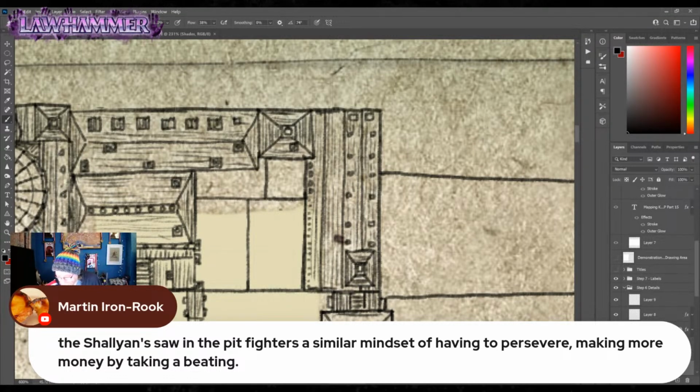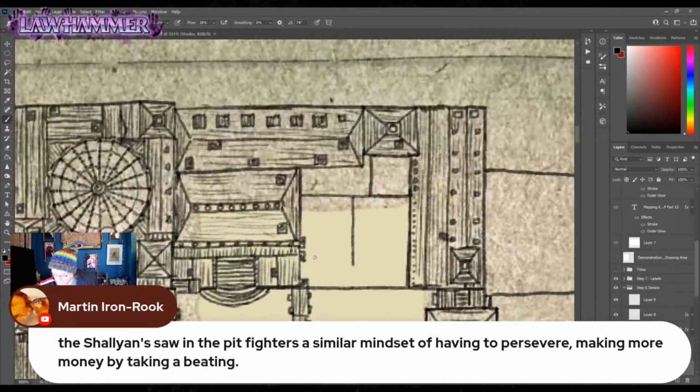But no, I want that to be a frontage like we had over on the other side. So,